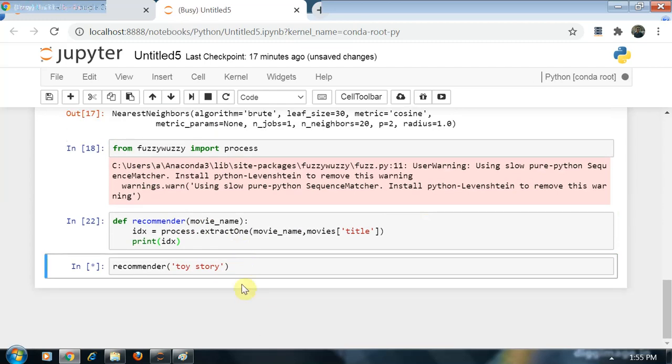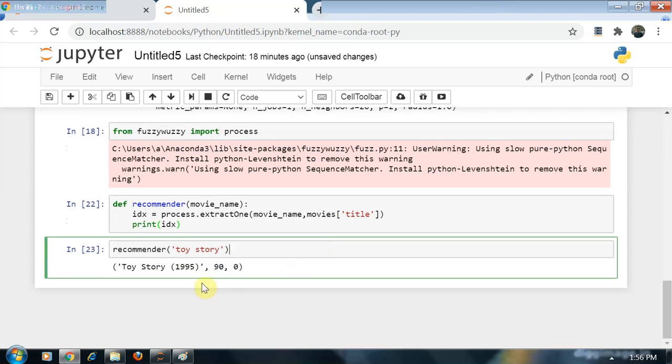It will take some time to execute because we have a large data set. So look what it will output. Okay, so it gave me Toy Story 1995, then something here and something here.